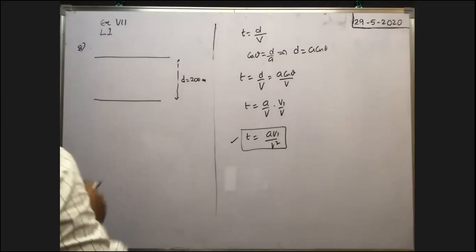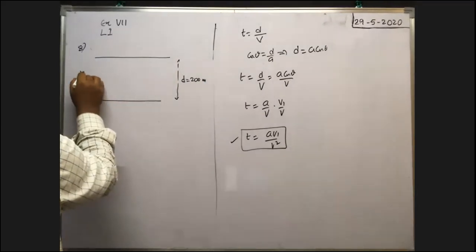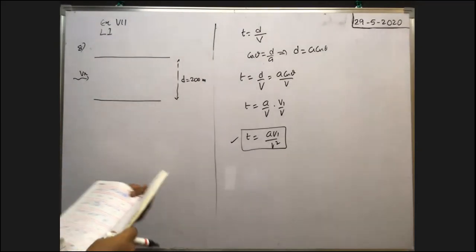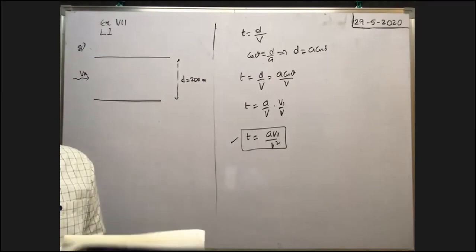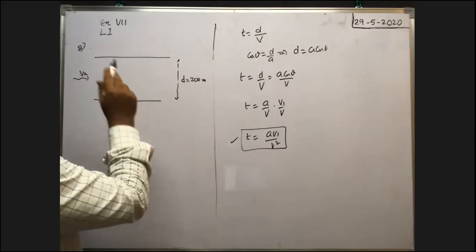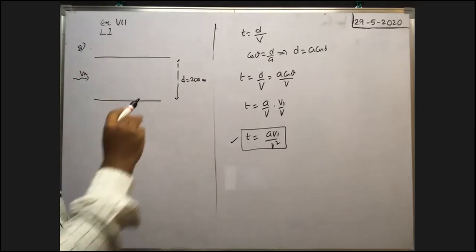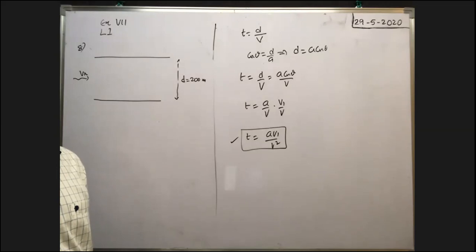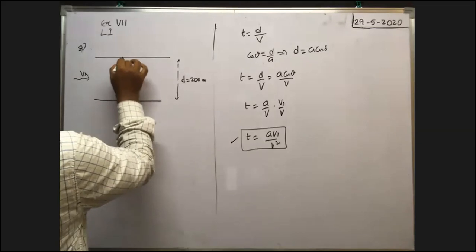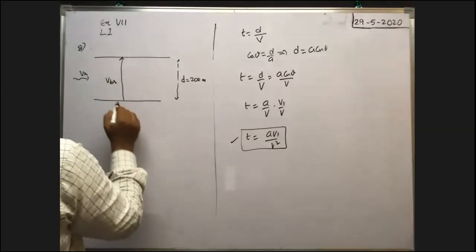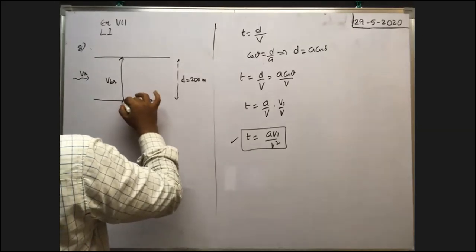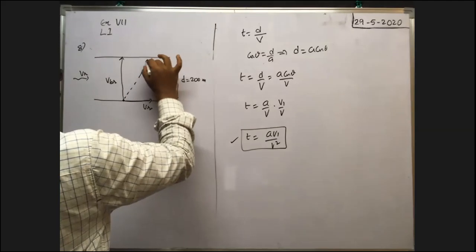Here, the river velocity is Vr. One boat crosses the river in the shortest time. To cross the river in the shortest time, along which direction does the boat have to row? Normal to the direction of river flow. Very good. So velocity of the boat with respect to river must be in this direction, and velocity of the river is along this direction. The resultant velocity of these two is the velocity of the boat that travels in this direction